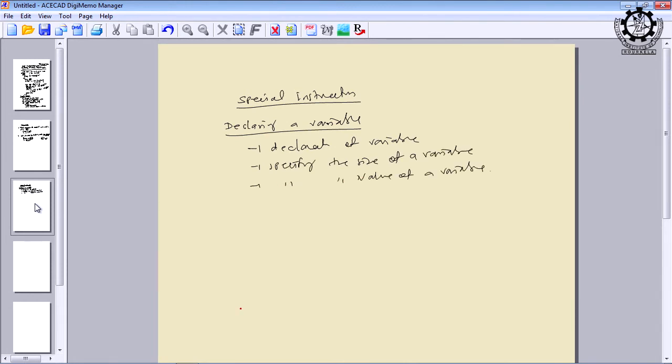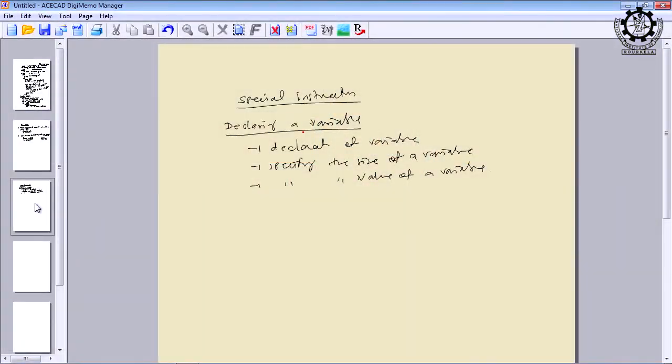So, how to declare a variable? As I told you, if you go from 8085 towards the upper versions of microprocessors, the concept of high level languages was slowly introduced, and 8086 is the first microprocessor to be programmed using many high level language structures. Though we program it using 8086 assembly language, many high level language constructs are available in 8086. In data structures and algorithms you might have studied that there are two things, one is variable, another is constant. How these variables are declared, that also we have seen.